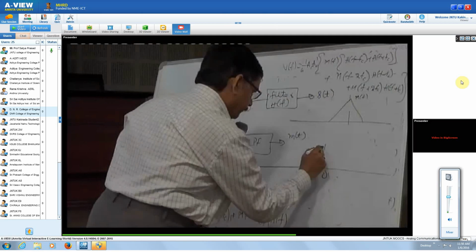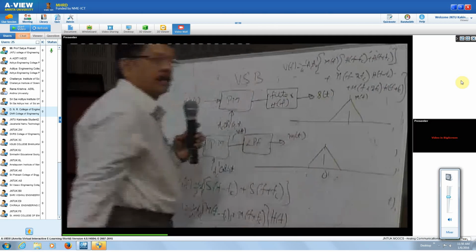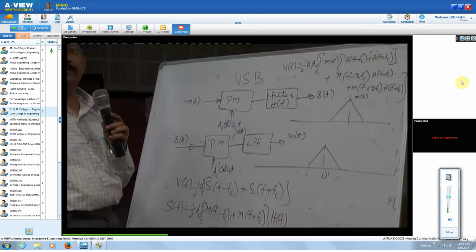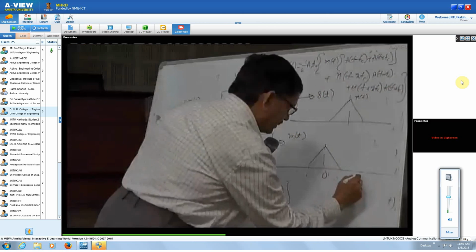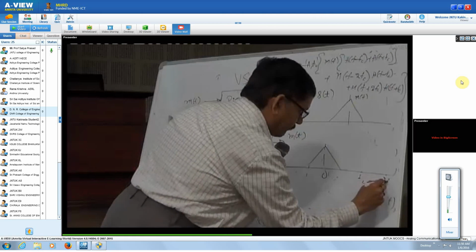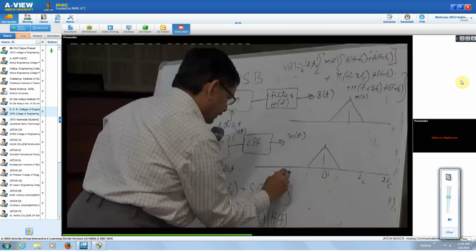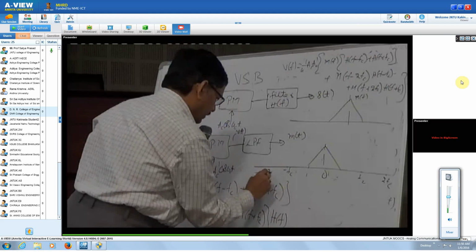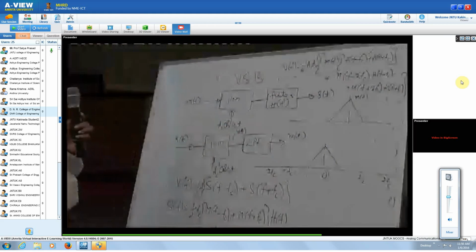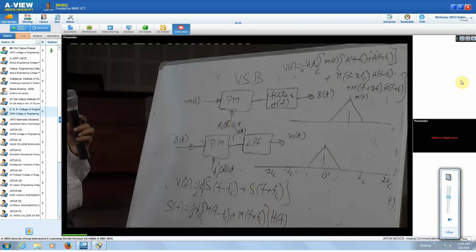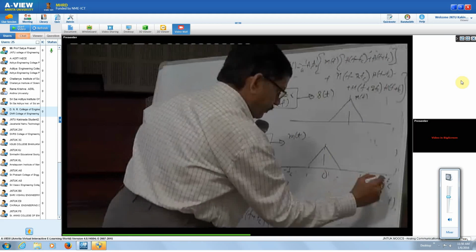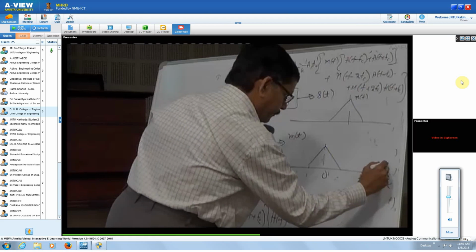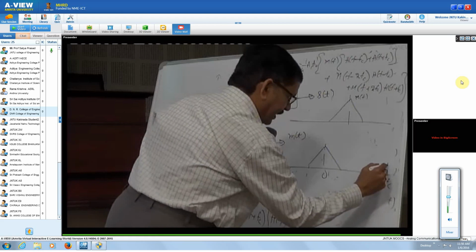V of f will be with reduced amplitude 1 by 4 AC prime, and this is Fc, and this is 2Fc, and minus Fc, and minus 2Fc. So suppose you say that you have an upper side band,